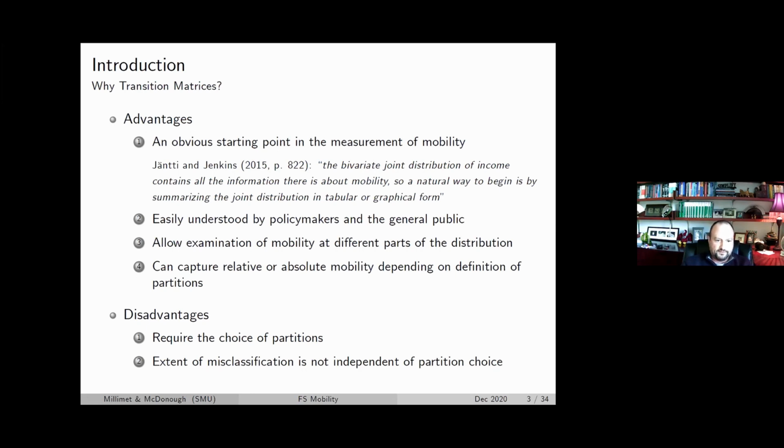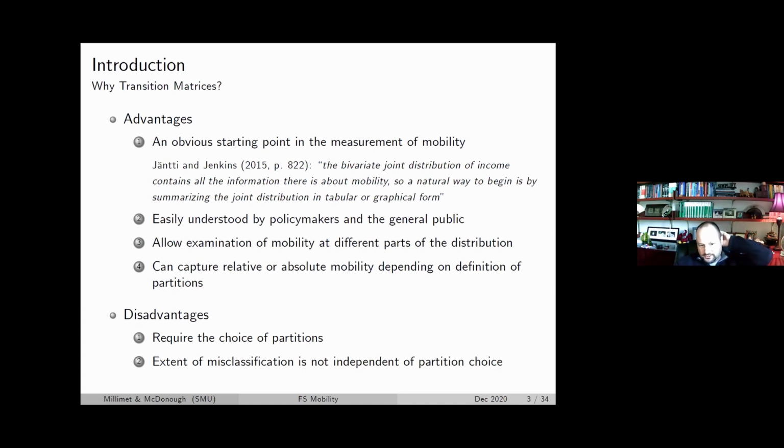And also related to Essie's talk yesterday, depending on how you define the transition matrix, you could think about either relative or absolute mobility. If you have an income transition matrix that's based on quintiles or something like that, then it's relative. Somebody moves up, somebody else has to move down. If there's growth that doubles everybody's income, it's not going to change the transition matrix. But if you redefine things in an absolute sense, based on people's real incomes or income relative to the poverty line or something like that, then it's absolute. And in that case, growth would translate into movement within the transition matrix.